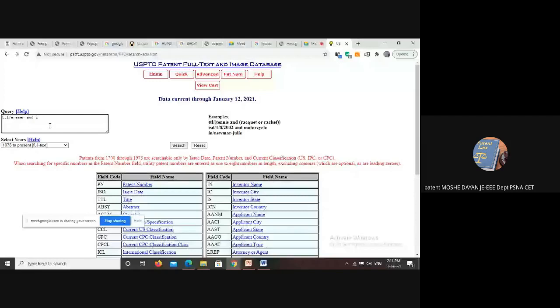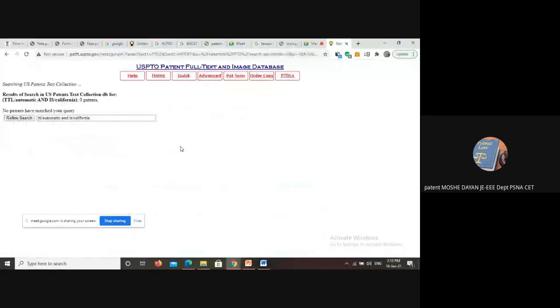and then I type the state name, IS. IS is a field code. Here you can see IS is a field code. And then I type a state, let me type California. Eraser would be a more particular word, so let me type a common word, automatic. Okay, automatic and IS California. Let us find whether we have any results. Okay, there are no patents